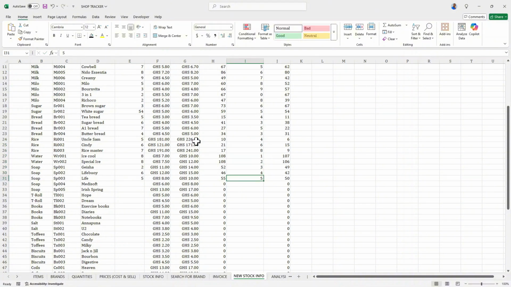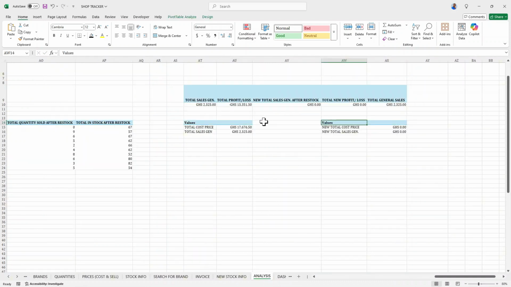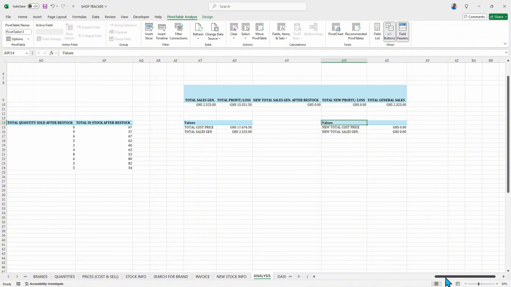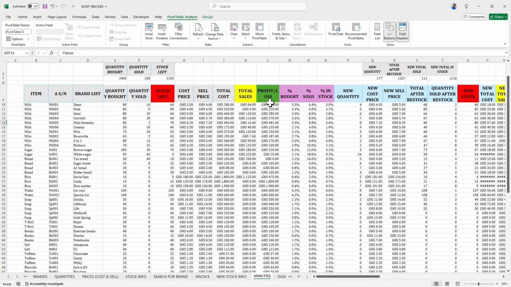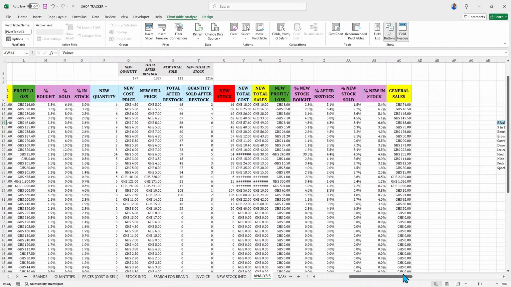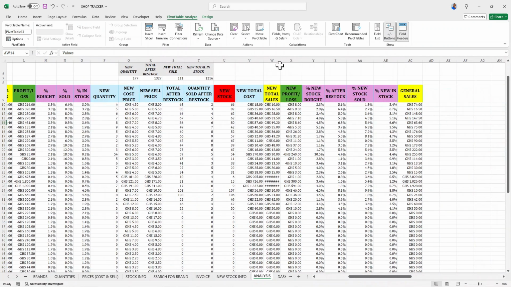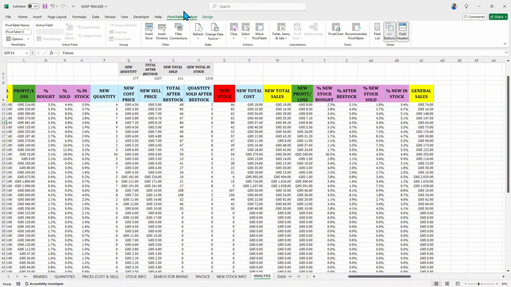Okay. So now this is what I meant. So now let's come to our analysis. As you can see, it doesn't reflect over here, even though it has affected our data input. Let's go through. As you can see now, there is money involved. So now all we need to do to bring in this data will be to simply click on the